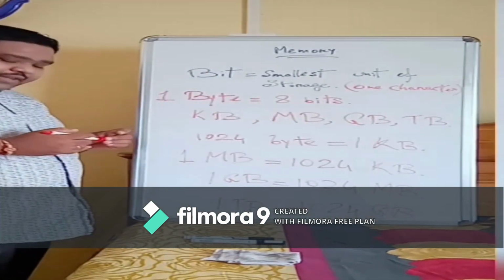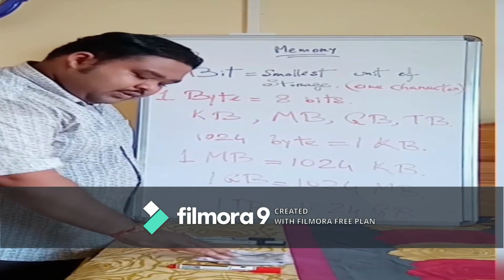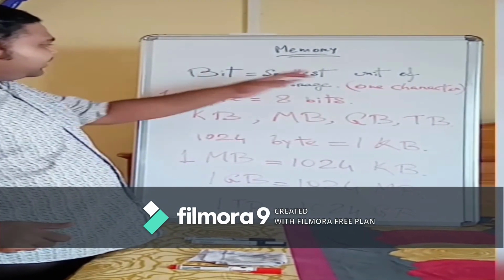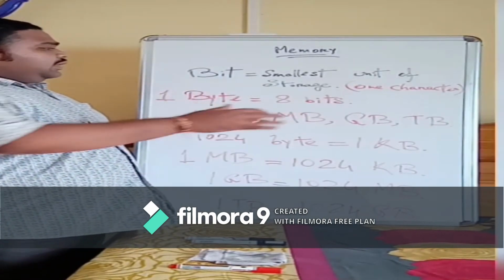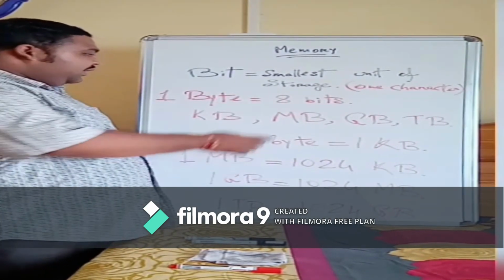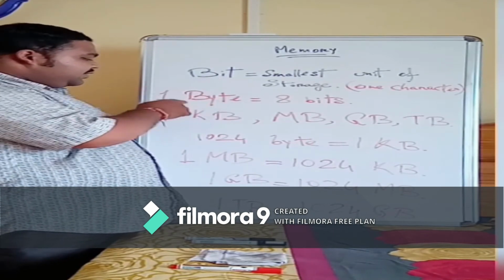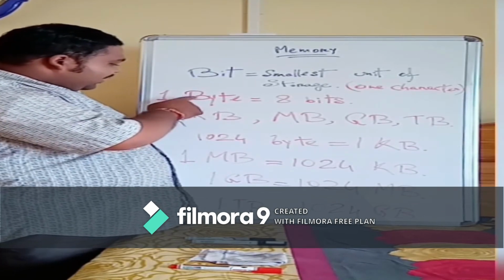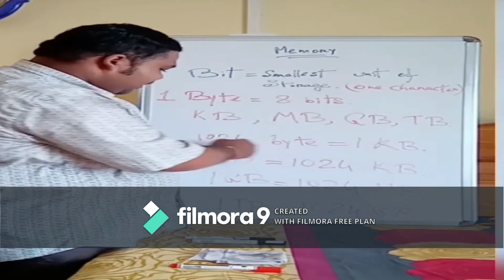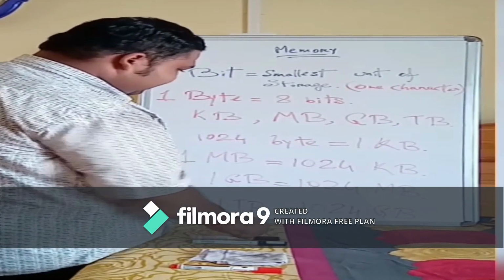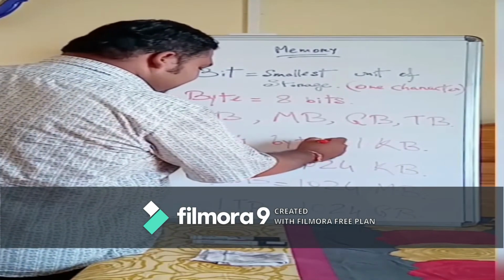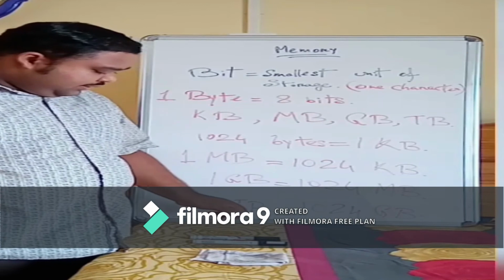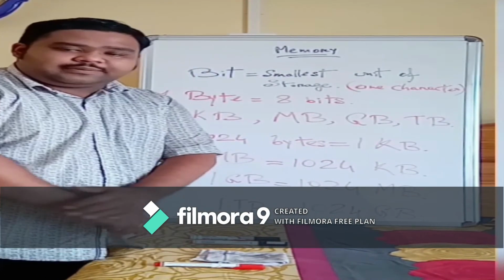These all are there in your syllabus, so I am giving you an overall picture. Alright. So bit is smallest unit of storage. It can hold only one character at a time. Alright. 8 bits will be equal to 1 byte. Then what is 1 kilobyte? 1 kilobyte will be equals to 1024 bytes. Similarly, the others. Megabyte, this much kilobyte. Gigabyte, this much megabyte. 1 terabyte is this much gigabyte.